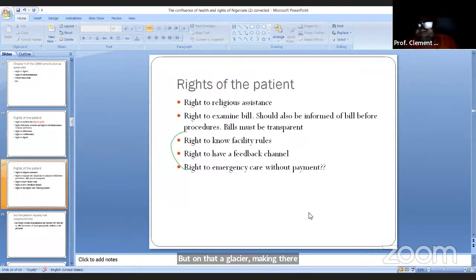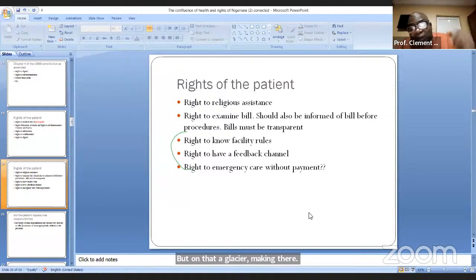They have the right to examine their bill, even if they are not the one paying for the treatment. Don't tell them, are you the one paying? Somebody may have paid for them. It's still their right to know how much the bill is, how much that man paid for me. He may want to know and document it. Tomorrow, when God blesses him, he's not a big man, he may want to double that same money. He has his right. Why is he asking you? Don't tell him, are you the one paying?